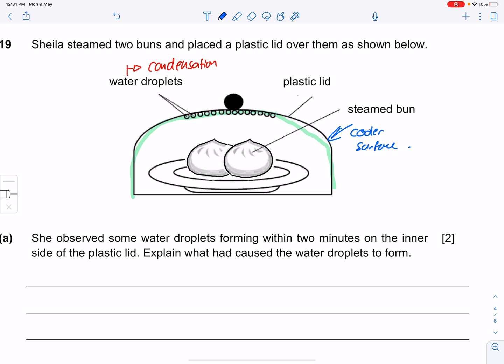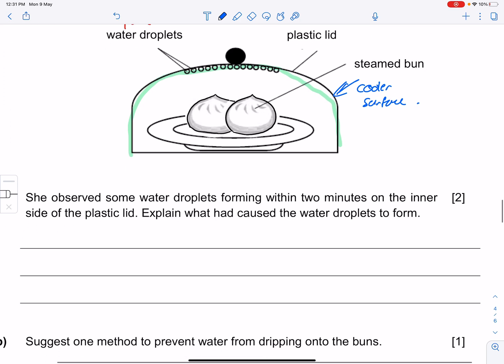Now, for this question, there isn't exactly a heat source. But, however, there are two answers. I'm going to write down an answer that I think could be a little bit more accurate, and easier